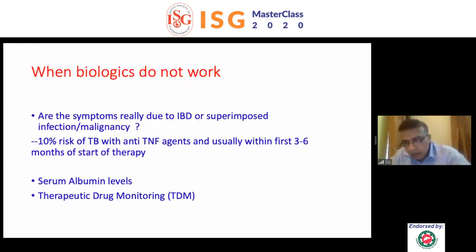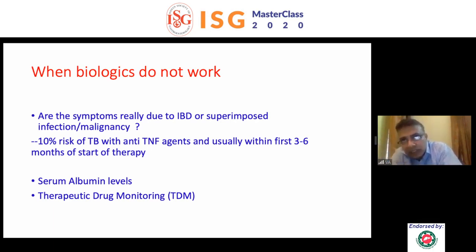Now the question comes when the biologics you have initiated do not work. You have induced remission, you are maintaining remission, and the patient comes back with symptoms. If a patient comes back with symptoms, remember one thing: it may be a loss of response, but before you decide loss of response, go back to that checklist which I gave you, the 4 golden rules for flare. One of the golden rules of flare was smoking, adherence. Adherence will not be a problem out here.